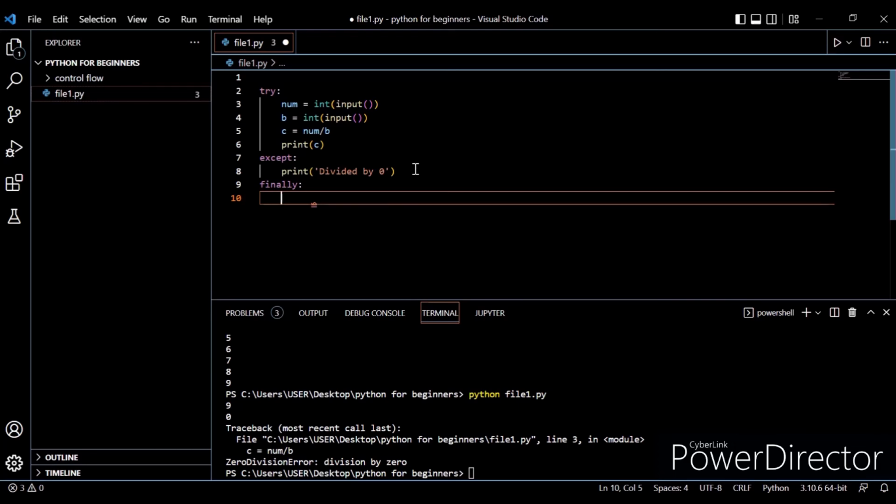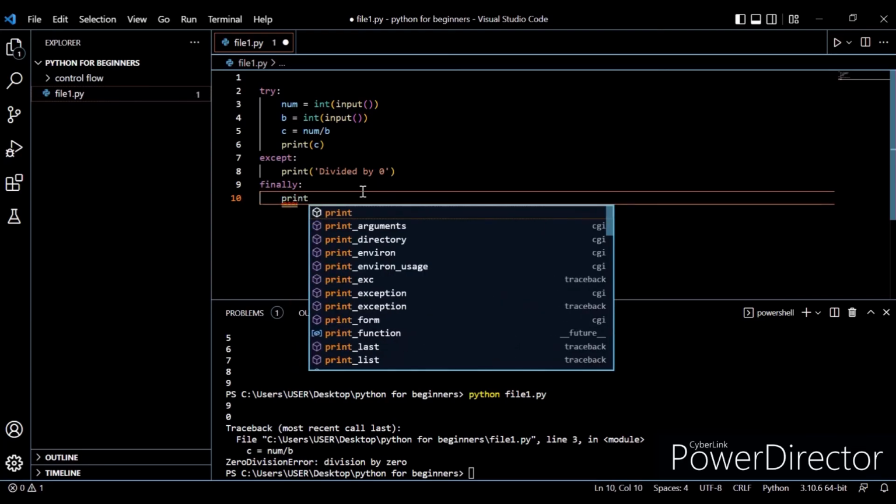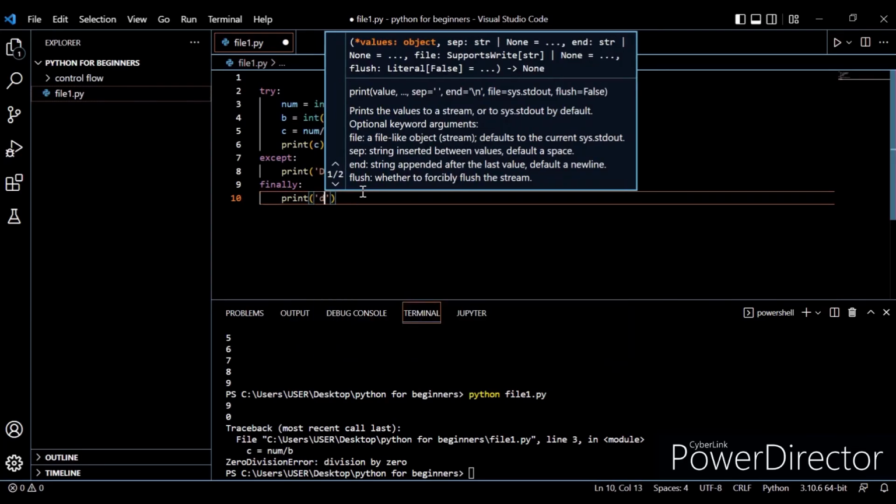See, I need to be more confident in myself. So yes, it actually makes sense now that I think about it. So the finally runs no matter what output you get. So we can just maybe print done,